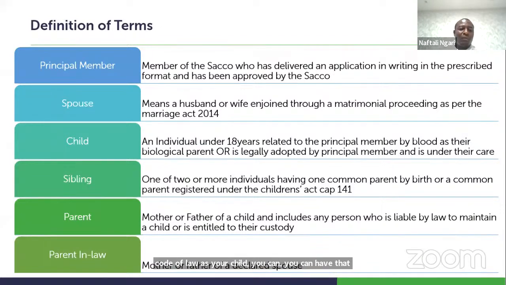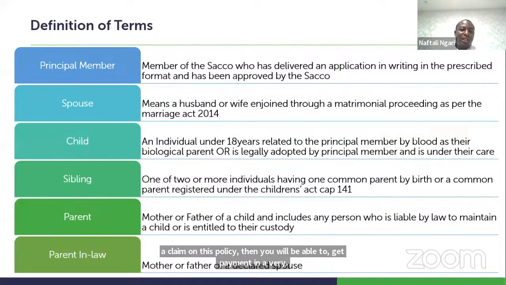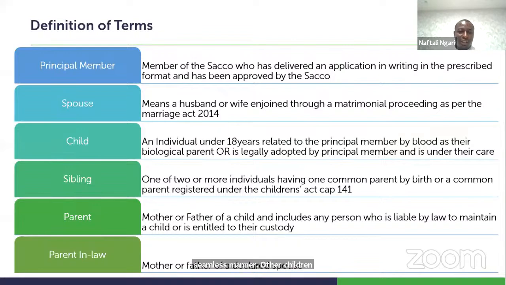So if you have a child that you have adopted, maybe from a family setting, and you have not taken up any legal papers for them, it would be important for you to get an affidavit or any legal documentation that shows that you're the one who is taking care of that child. And in case of a claim on this policy, then you will be able to get payment in a very seamless manner. Other children who have not been adopted in that manner,